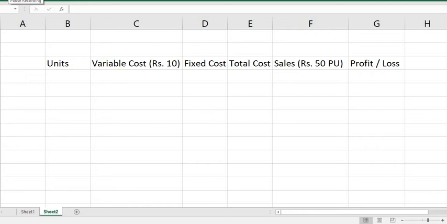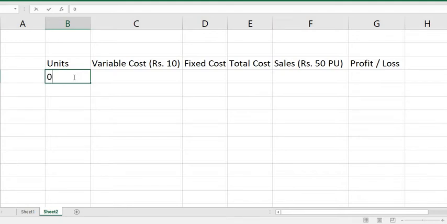There are multiple methods of finding out break-even point. Now we are going to get familiarized with the tabular method of finding out the break-even point. Okay, first of all, let us assume certain levels of production in units, and let us assume they produce certain